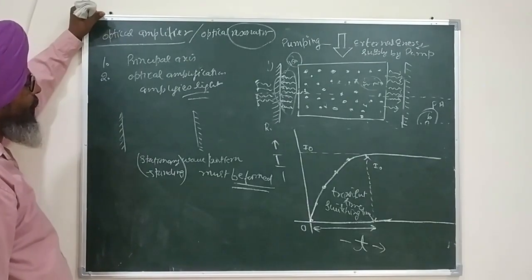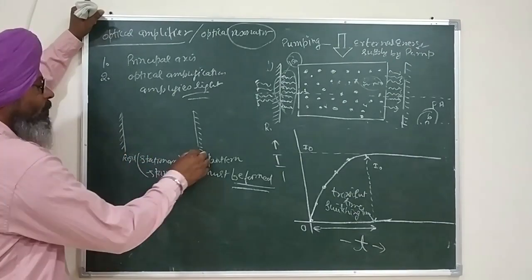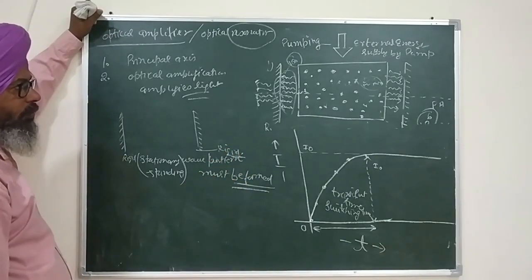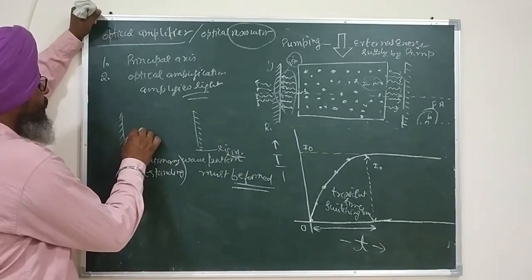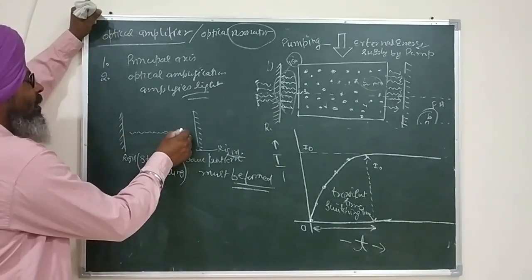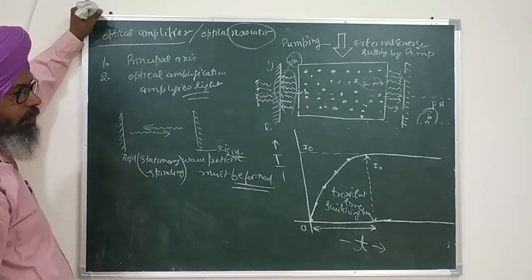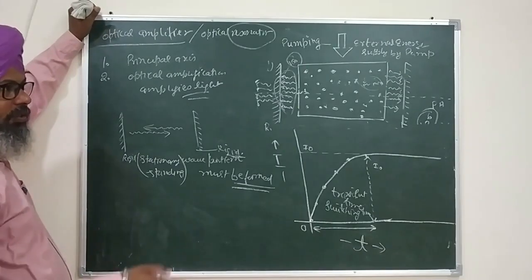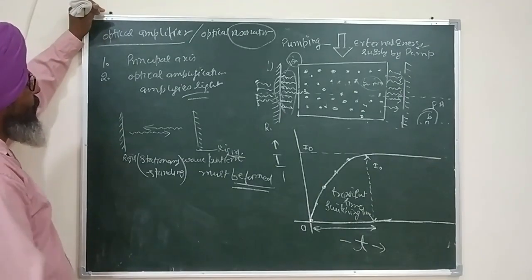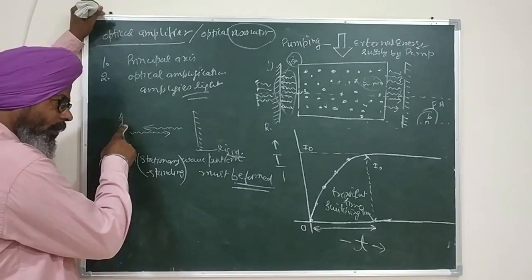So the standing wave pattern can be formed. Kindly remember, this surface is rigid, and this surface is also rigid. Some photons are traveling in this direction parallel to the principal axis, and some photons traveling parallel to the principal axis may be in this direction also. Both of these photons are due to transition from similar energy states, but they came from different active centers. Therefore, they have equal wavelength, equal velocity, and equal frequency.